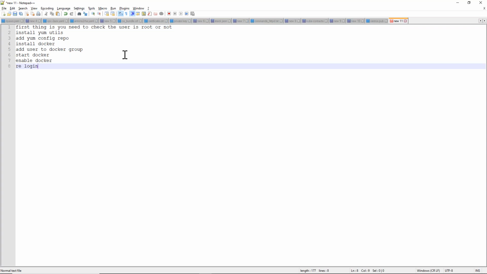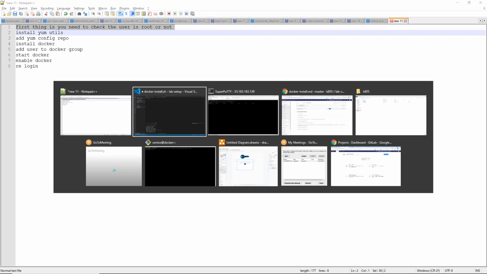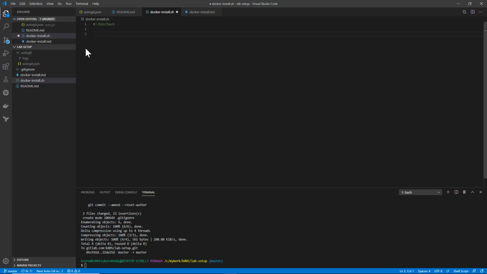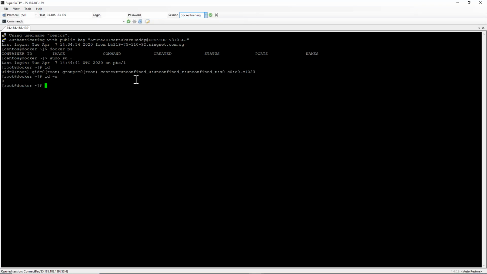Okay. The first thing is to check whether the user is root or not. If the user is root, his ID will be 0. So first I need to check his ID. So this is the command to check his ID, whether it will give the ID number 0. Okay.